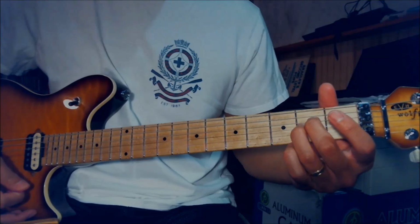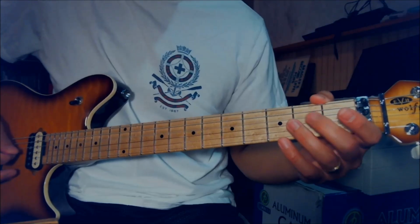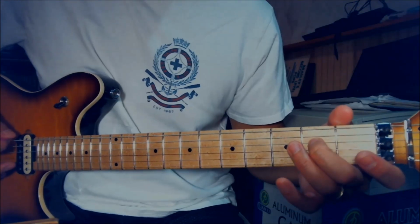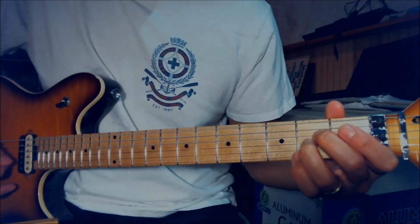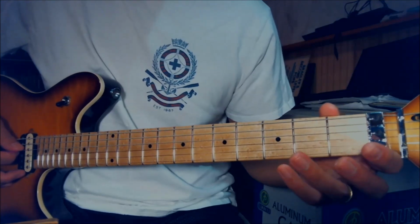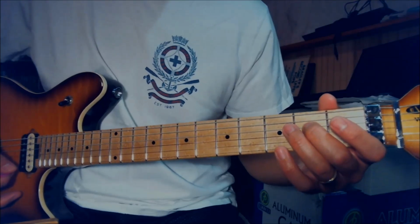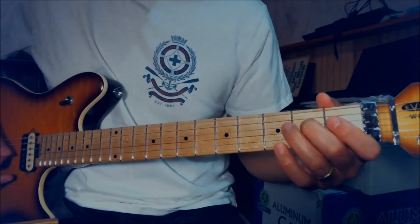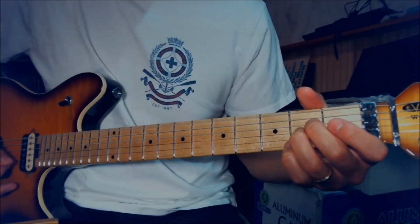So the first note is you play the open D first, and you hammer on the second fret of the D, and then the open low E string. So you go open D, hammer on the second fret on the D string, open E string, and open high E string. So like an octave, a low E and a high E. And an open B string,